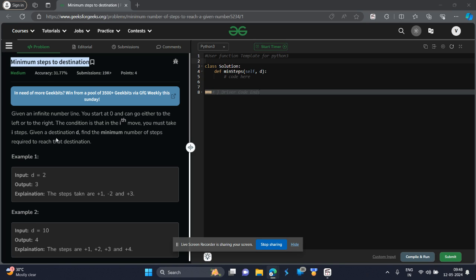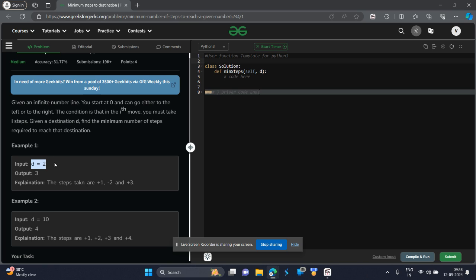Today we are going to solve minimum steps to destination. In this question you are given an integer d. This is the point at which you have to reach, okay? And you start from the zeroth value, index 0,